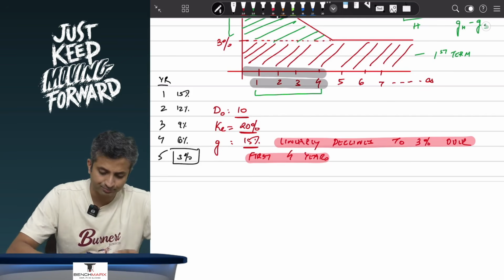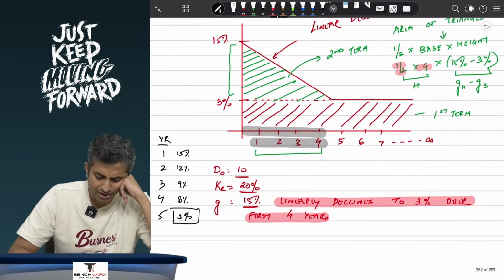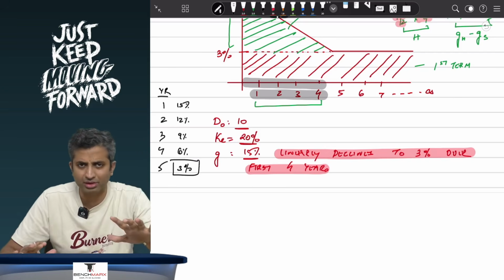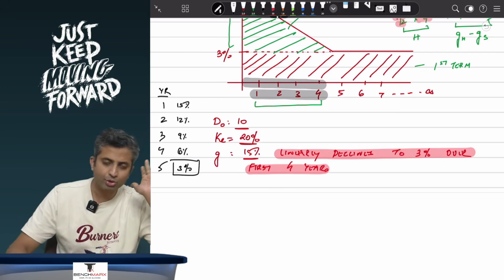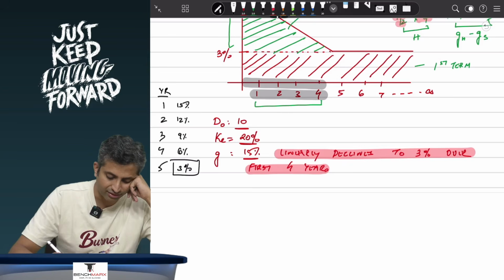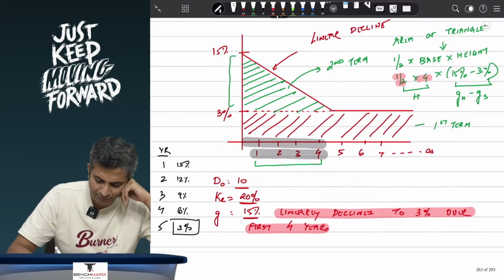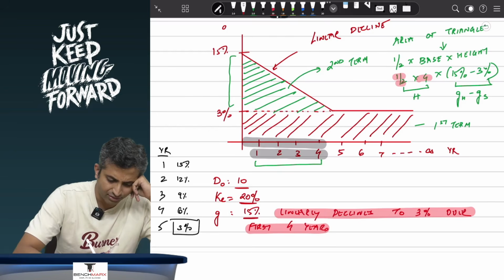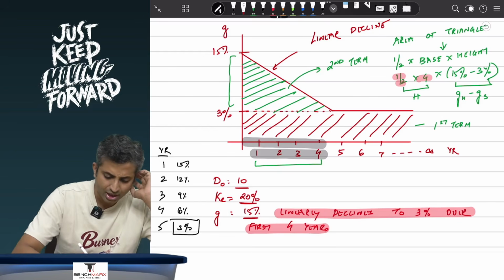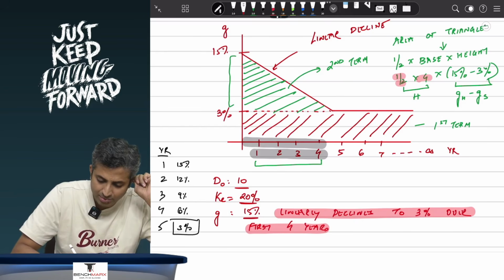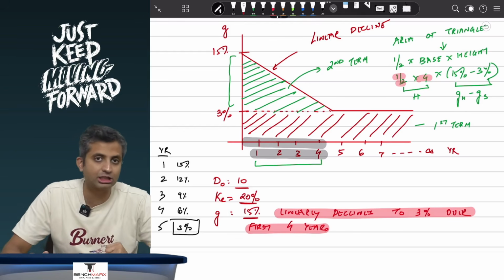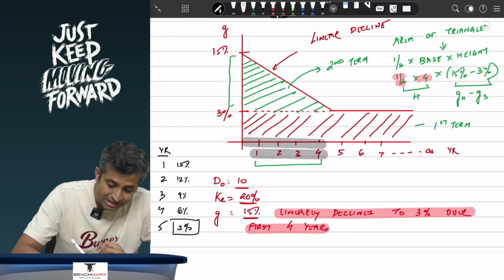So over here, what will happen? When I try to find the value, one option is to find the dividend for each of these years and then find the present value. That will give you the most accurate way to find the value of a share. However, the H model says that if I try to find the value of a share, these are the years on the x-axis, and this is the growth on the y-axis. Now, this 3% is continuing, and there is some value that is earned over and above in the earlier phase because your growth is greater than 3%. Now, because it is a linear fall,